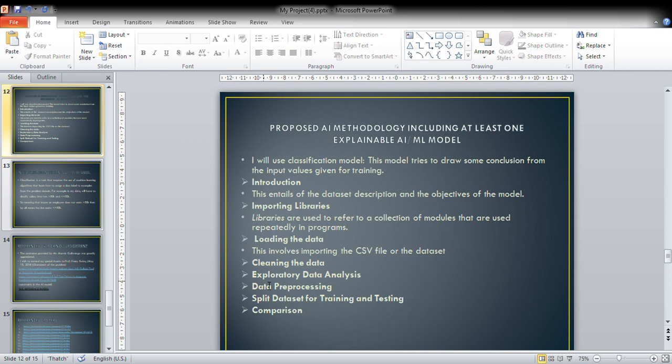during the implementation, but for now, you should understand that importing libraries means these libraries are just a collection of modules that are used repeatedly in programs. Then loading the data. This involves importing the CSV file of the dataset into the model, and then cleaning the data, which I explained earlier. Then the exploration: we discover patterns to spot anomalies, to test the hypothesis, and also check assumptions with the help of graphical representations. We can draw graphs, bar graphs, pie charts, but I'll only draw bar graphs,